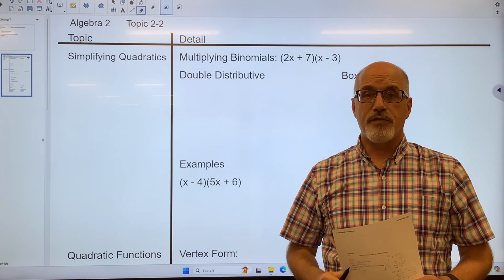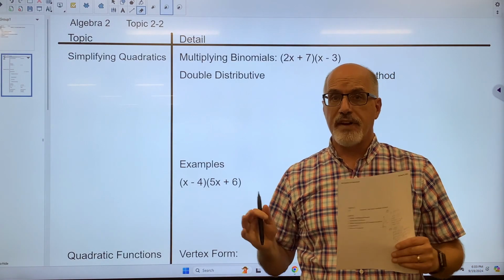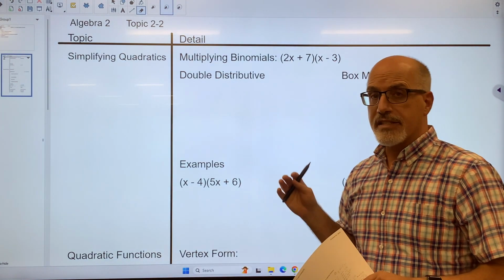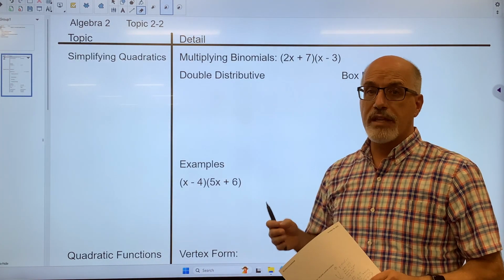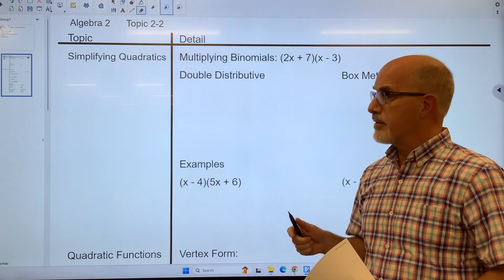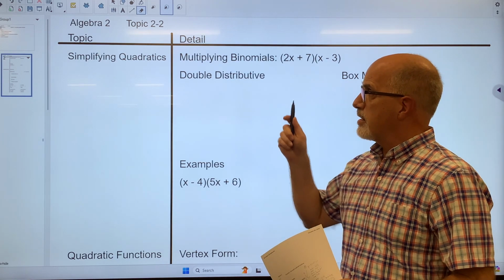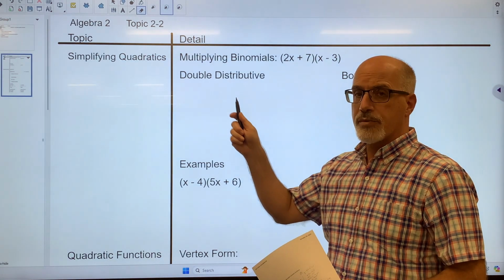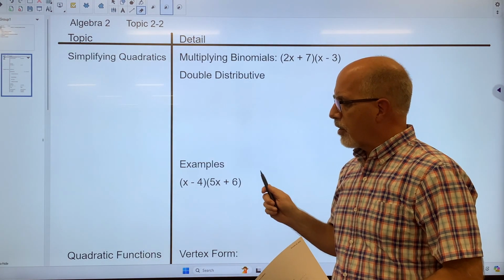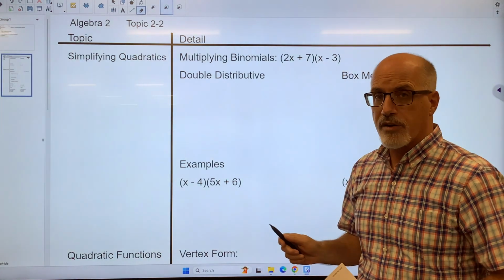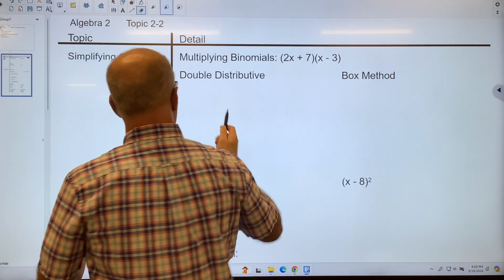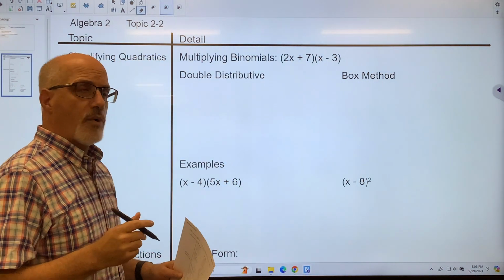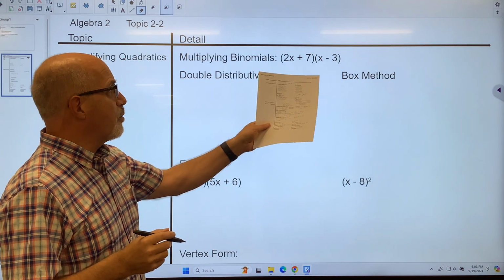This lesson is about the forms of quadratics, simplifying them, and also looking at the standard form and how we can use that in the future to help us with our graphs. So first of all, our objective is to simplify quadratics in this first part, and later our objective is to use the standard form. So let's go back to a review of Algebra 1, where we would want to multiply